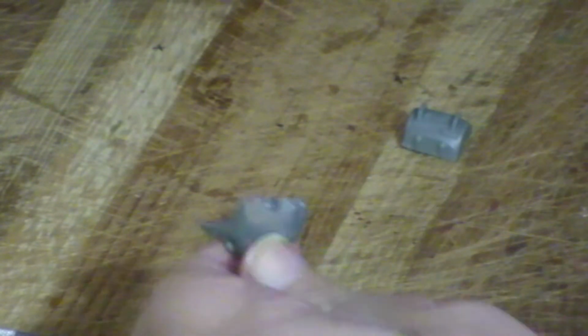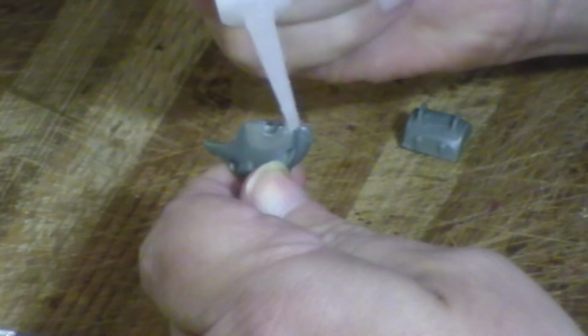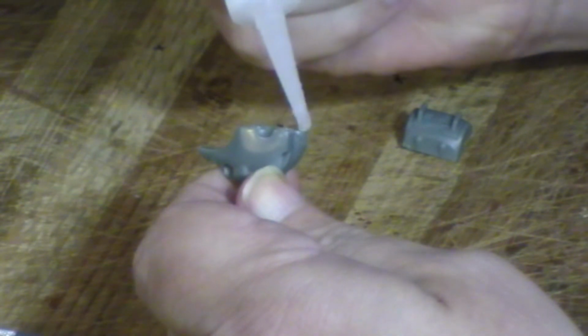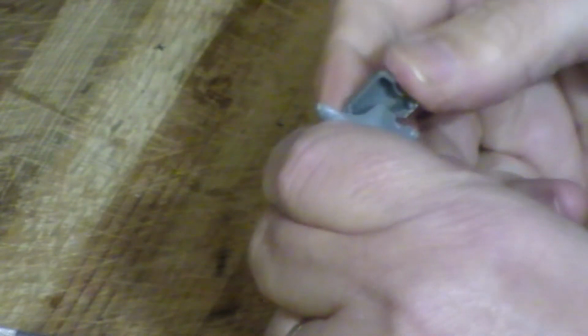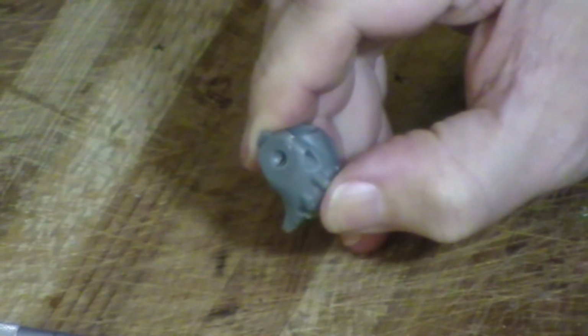One reason why I do that, instead of just putting the glue in the pins, is that when I build models, I always like to put my glue all the way around any connecting edges. That way it won't leave any gaps or any spots where, when you're going to paint it, there would be holes. Okay, so we hold that for about 20 to 30 seconds, and then we move on to the